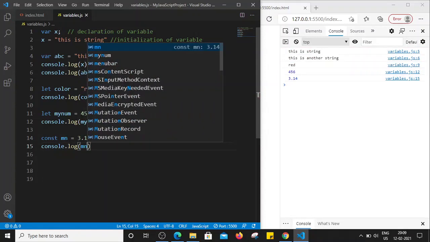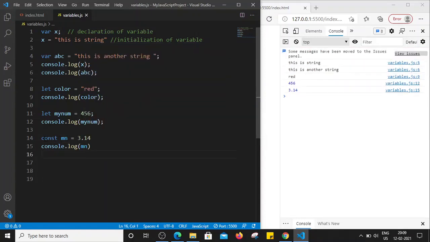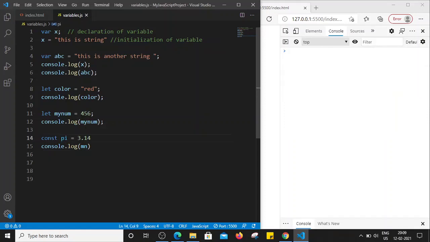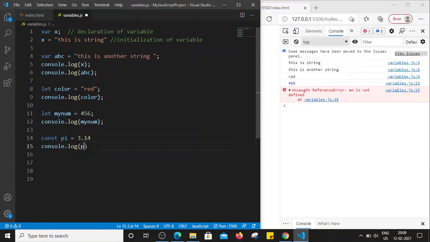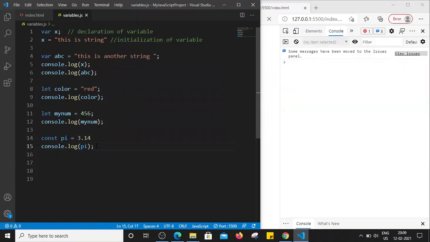Oh, sorry. So yeah, we have to print the value, right? So we have earlier declared const pi as 3.14, and we have to put pi here, right? So let's again give the semicolon and save the file. You can see here, right? 3.14 is printed on our console window.